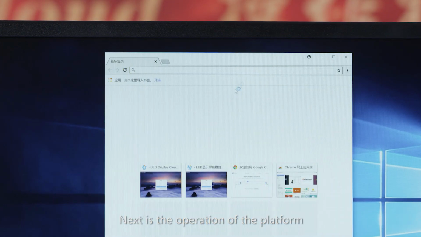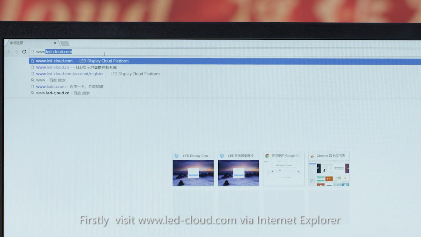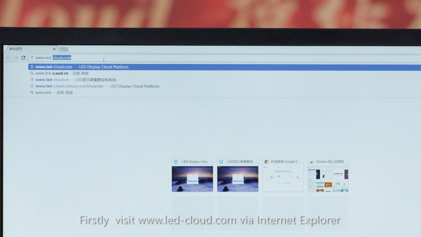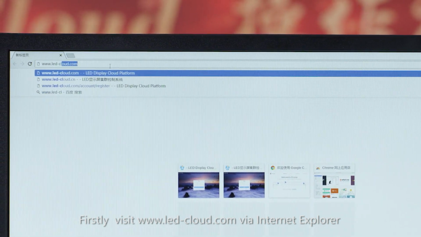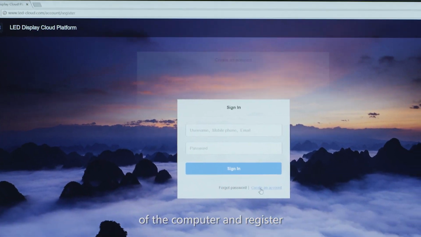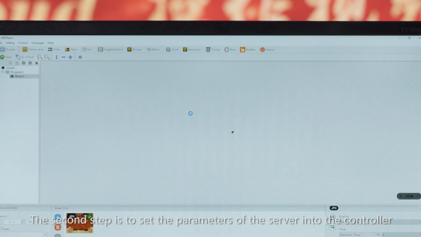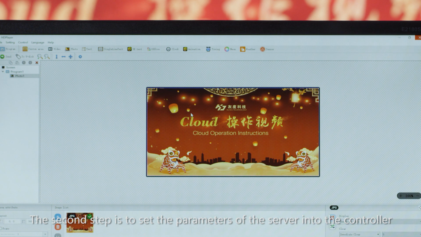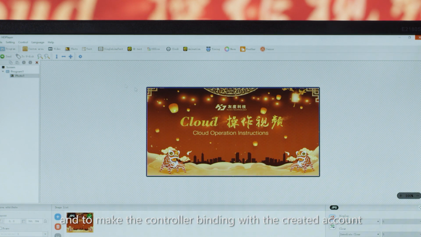Next is the operation of the platform. Firstly, visit www.led/cloud.com via Internet Explorer of the computer and register. The second step is to set the parameters of the server into the controller and to make the controller binding